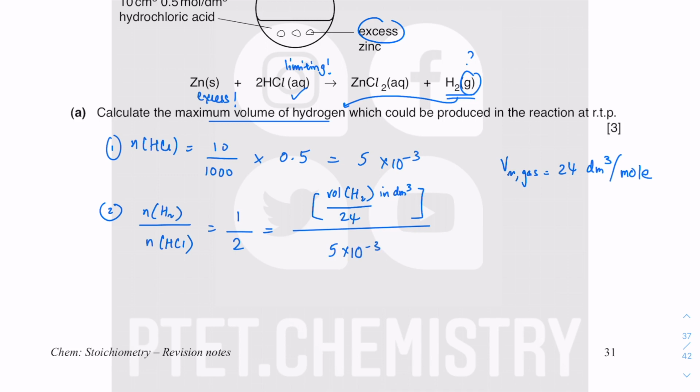I could have set this up immediately from the very beginning and just put this down there. I could have done that to save myself some time and also writing a lot. But anyway, it doesn't matter at this point. So I can bring this up. So bring 5 times 10 to the minus 3 up there. So 5 times 10 to the